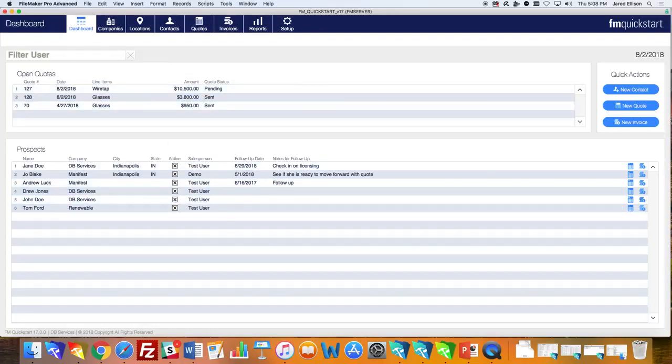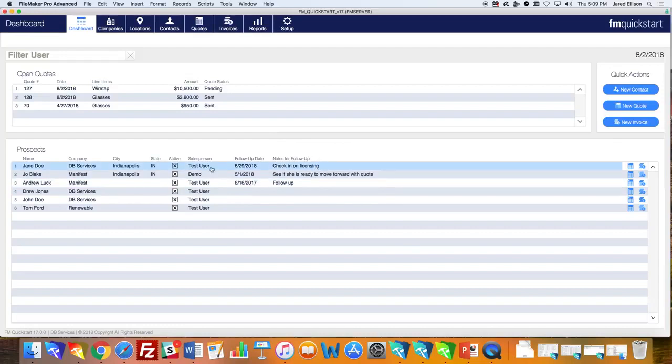So with the dashboard module, you will see that you've got the open quotes and prospects, and these are the action items that you have assigned for yourself or someone else, to be able to follow up on those. With the prospects, you have the option to create these follow-ups and know who you're following up with, where they're located so you know when's a good time to call, and also who is assigned to call them as a salesperson. And then you have the follow-up dates, so you know what date they're going to be following up with, and also what they're specifically following up with.